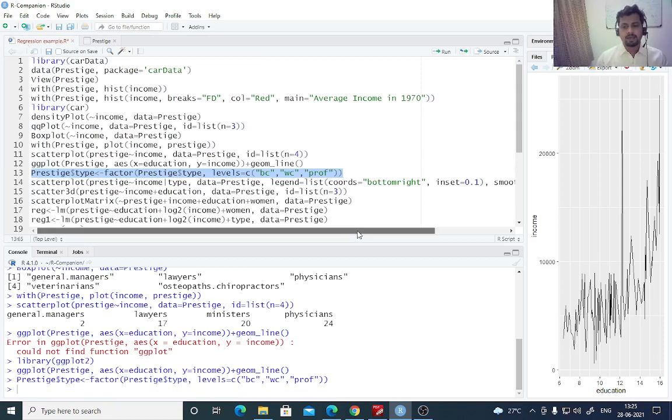The next thing that we simply do is again plot the scatter plot. Now, instead of plotting prestige with respect to income alone, what we'll do is plot prestige against income. Again, income will be on the x-axis, but now the points will be marked according to the level of the factor. So this is how it should be read. That is, you're plotting prestige against income, this is your y, this is your x, but for a given level of the factor. So that's what this command is.